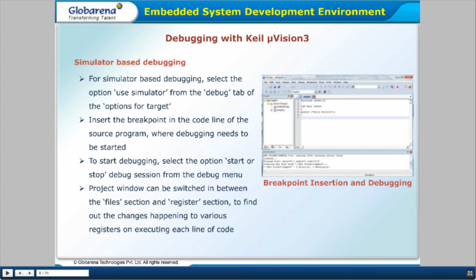The first method is simulator based debugging. What is a simulator? It means hardware tools are simulated in software, converted into software by using the simulators. For simulator based debugging,